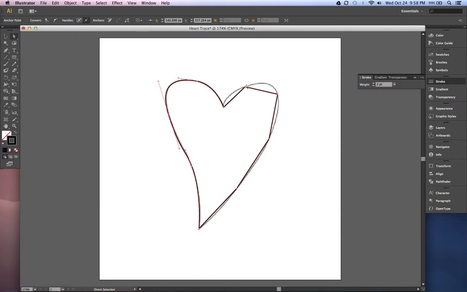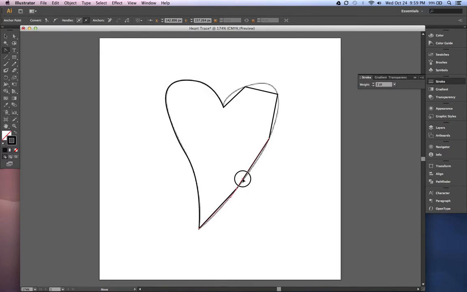So over here, the way I can change these points with straight lines in them into curves, so I can get these handles pulling out and create this Bezier curve: I come over here to the pen tool, click and hold, and I can select the Convert Anchor Point tool, or Shift C. Now, I'm going to come here to my first point, and I'm going to click, hold,